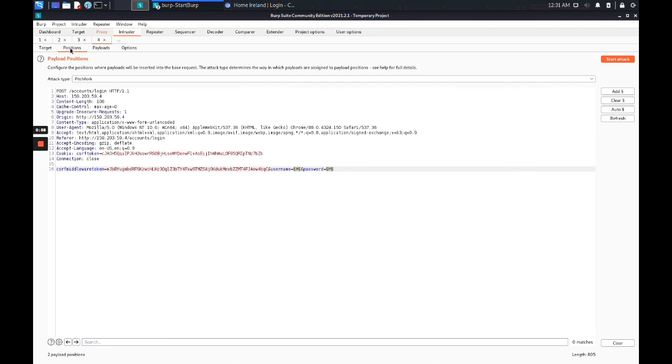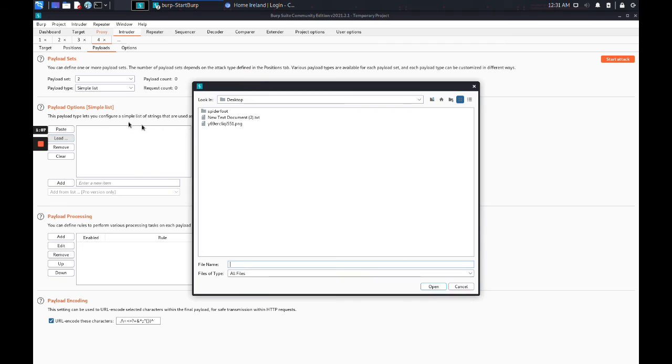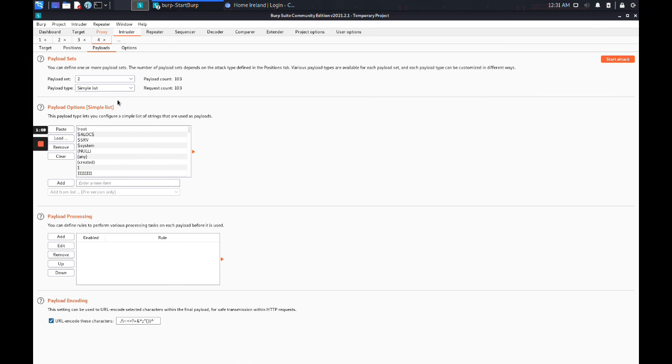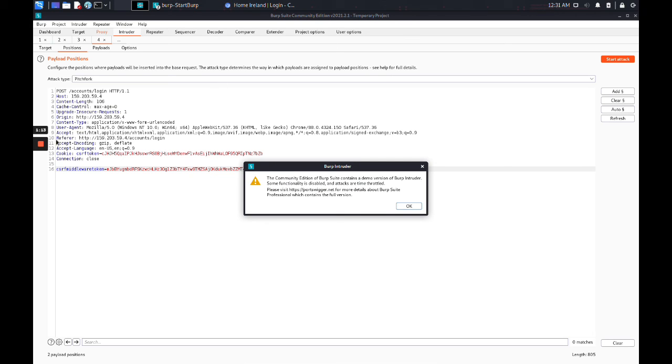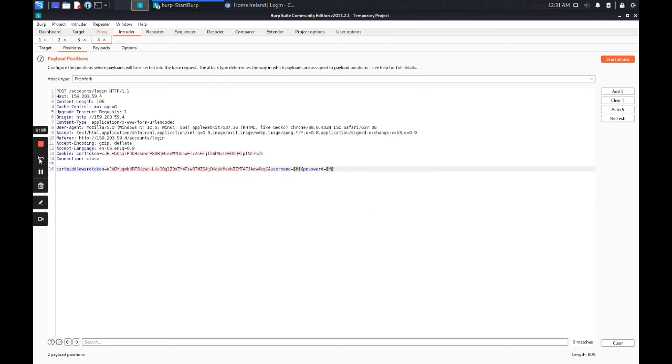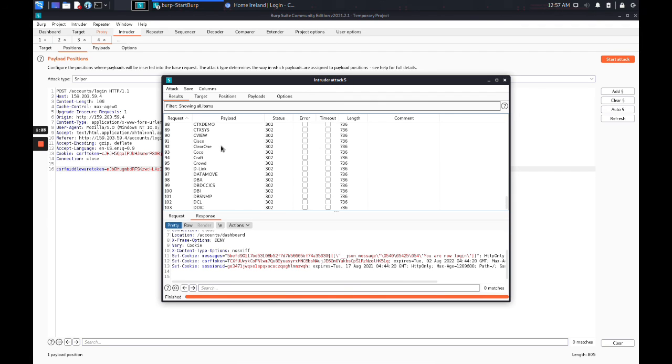Choose Pitchfork, then payloads: for payload one, the sample one which I have created, and for the second payload, load the sample txt file I used earlier. Now start the attack. See, it started the attack, and our attack is completed.